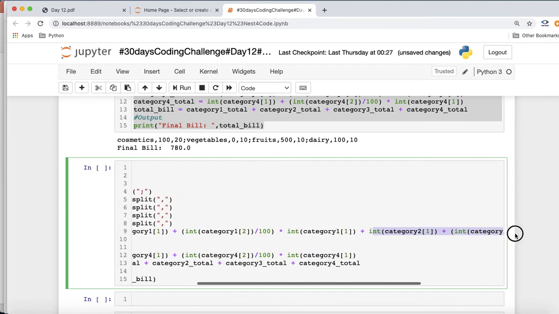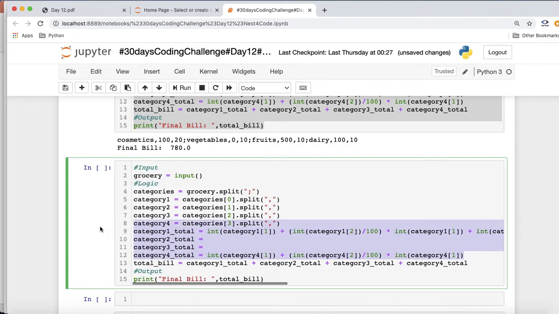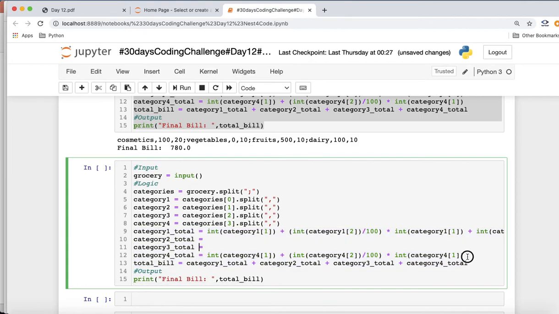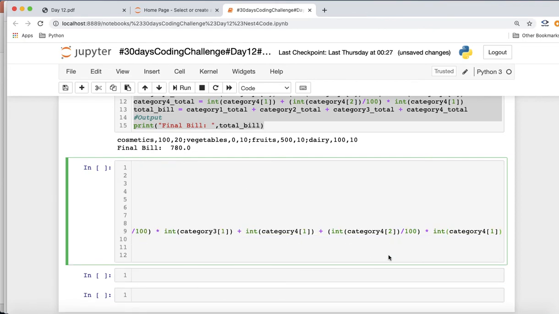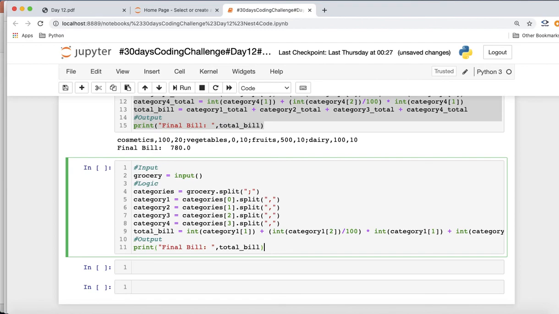But it doesn't look nice, so I will not recommend you do this, because there are no issues with the code as it is. We should not always force ourselves to reduce the number of lines when we are losing readability. But if you want, we can do this in one line also like this, and then we'll eliminate this part. And this will come as the final total bill only. So we'll eliminate this part also and move this part here. We'll eliminate this part also. So our program now looks small.